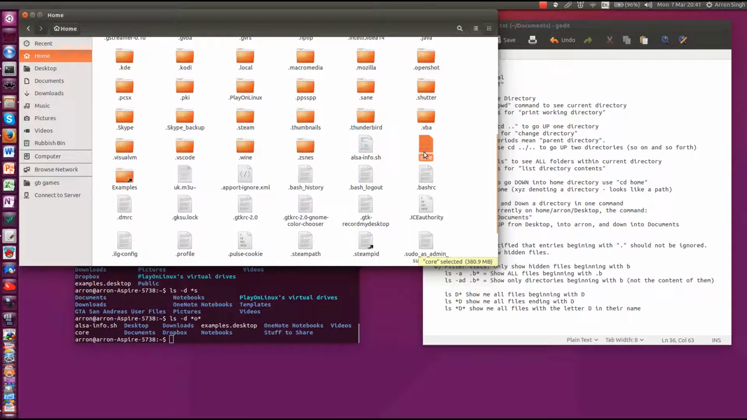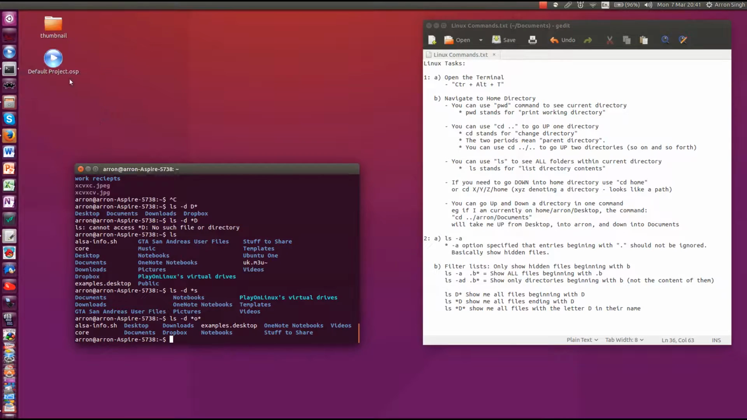So it does show files. Nice, so I stand corrected. Dash D shows you all files and directories, which is what we wanted. So to summarize,